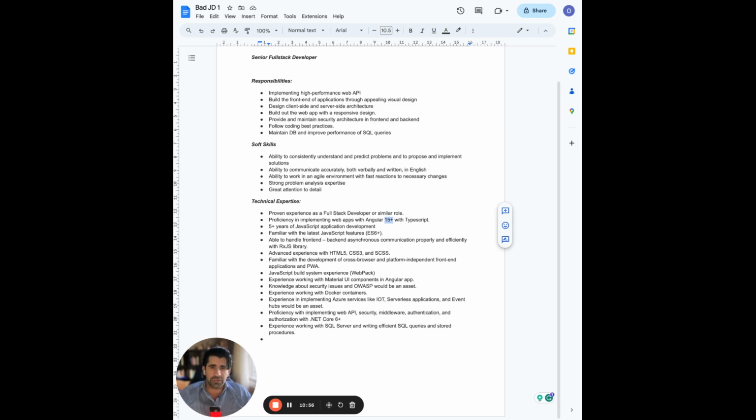That's all you really need to mention with TypeScript. Fine. Okay, fine. So you need TypeScript. Great technology. Although, web components has taken over and I'm not a fan of TypeScript anymore, but that's my personal choice, right? So, proficiency in implementing web apps.